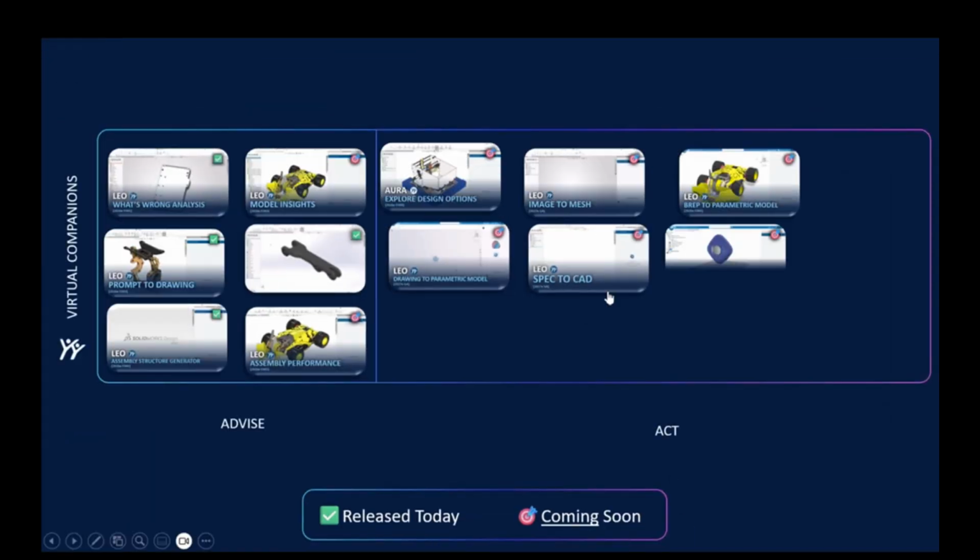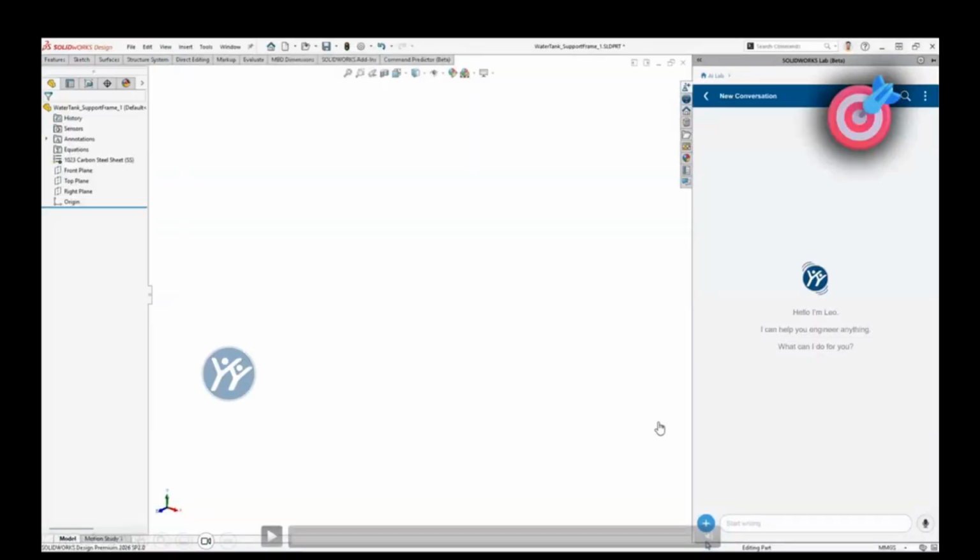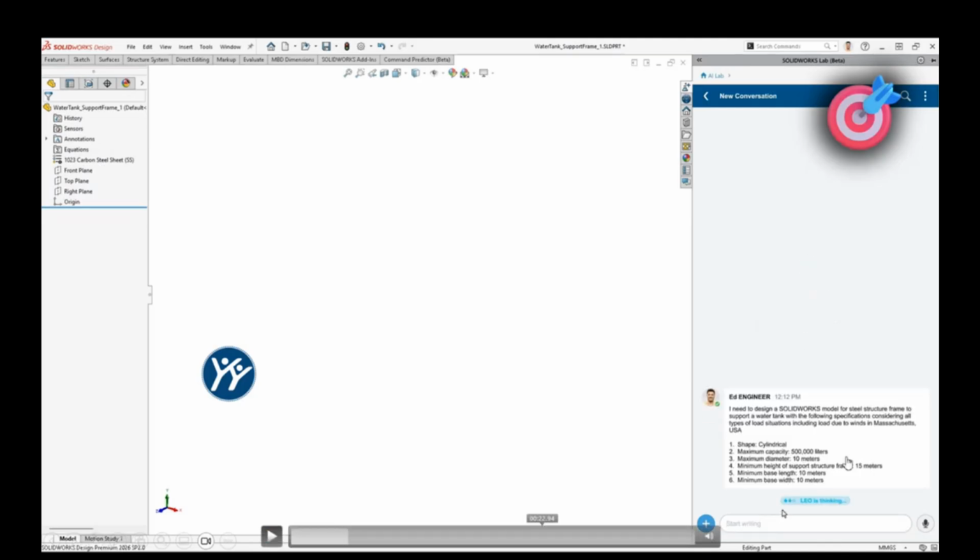Next, this is one more advanced capability. Just by giving the specs, it will generate the 3D CAD for us. See here, I'm telling Leo, I need the design of a SolidWorks model of a steel structure with all these parameters. This is the location, this is the cylindrical shape, this is the capacity it has to withstand, and this is the diameter, the width, and the length.